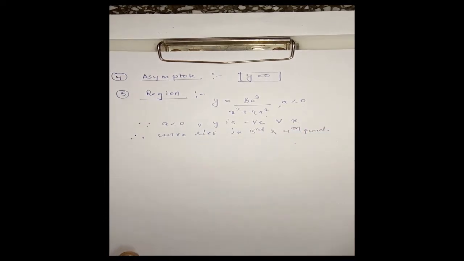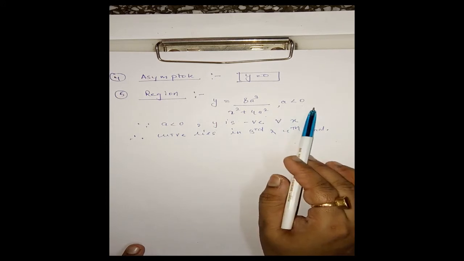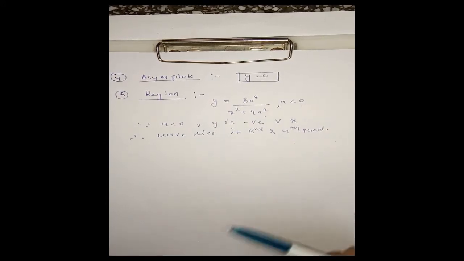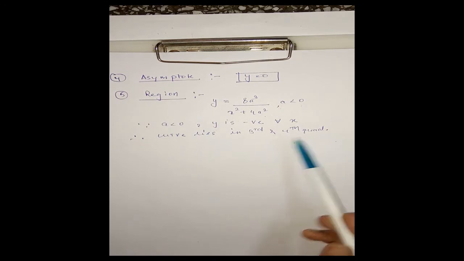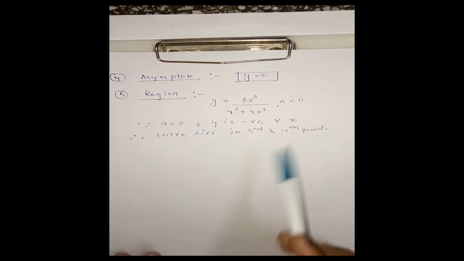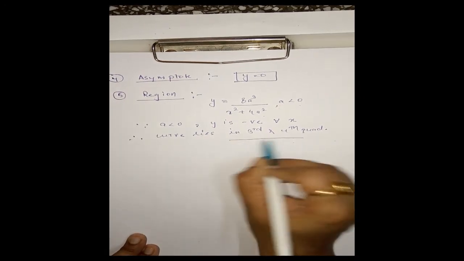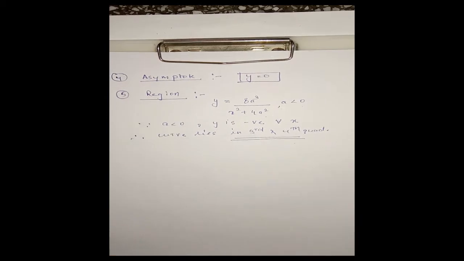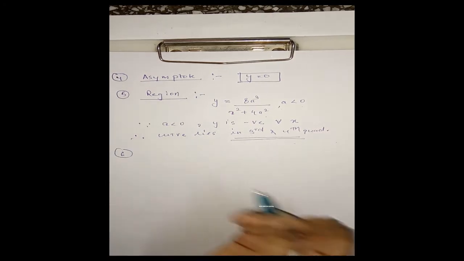Okay, in the previous example where a was positive, the curve lies in the first and second quadrant. But here, a is negative, given to us a is less than 0, so y is negative for every value of x. Therefore, the curve lies in the third and fourth quadrant. This is the difference from the previous example, when a is positive and when a is negative. Okay, and in the same way